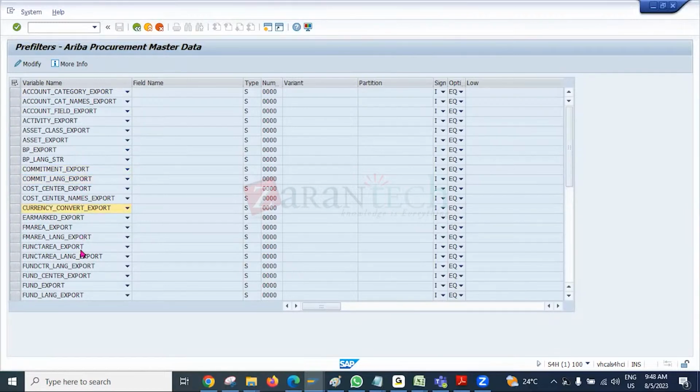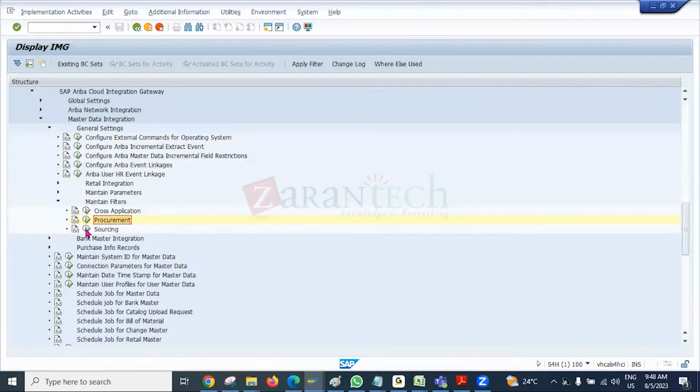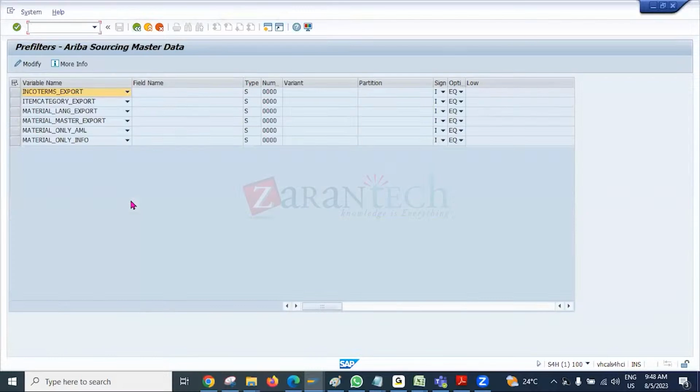We can see something like functional area export, fund export, different information you can see here. So we have to maintain this information one by one. And not only this, even if you go to sourcing as well, in sourcing also you will be able to see. So when you see the sourcing config node, here you will be able to see